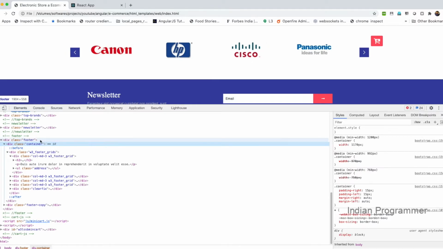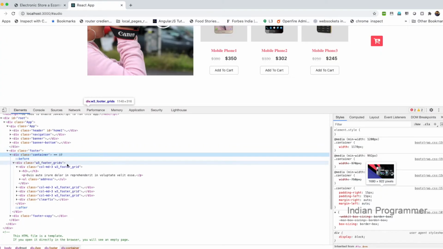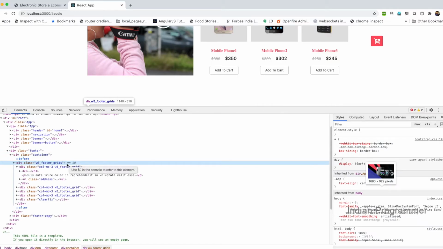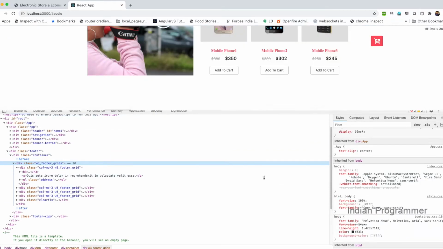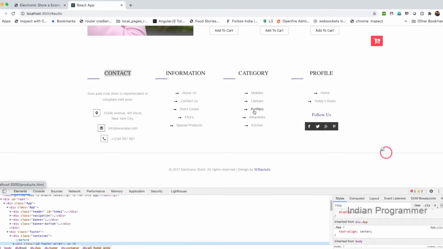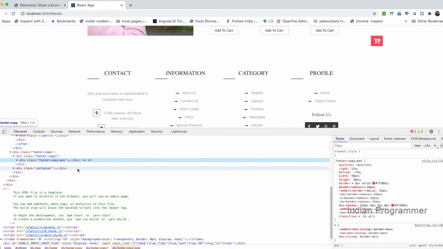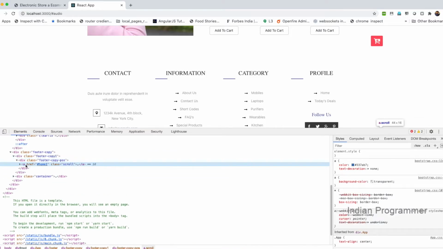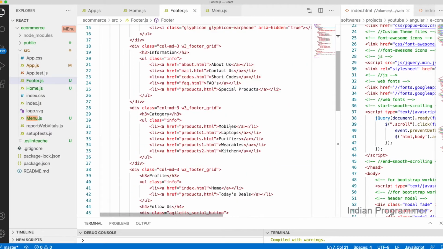Still the same CSS is only loading. Okay, here the image is missing in the footer.